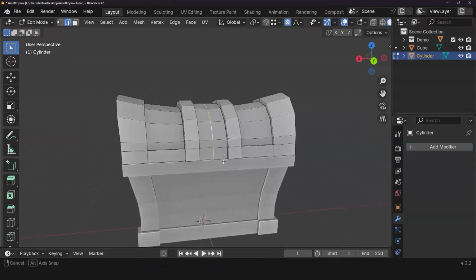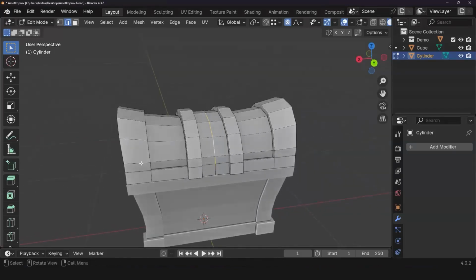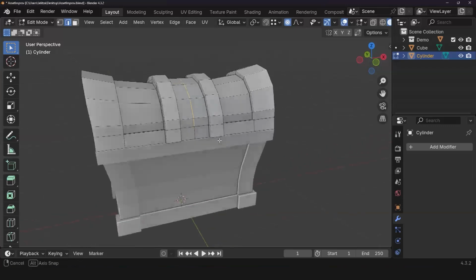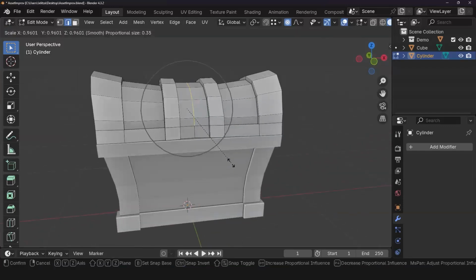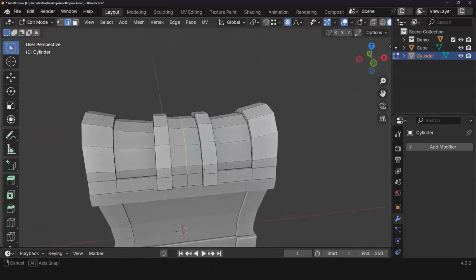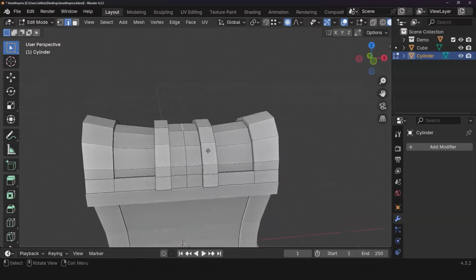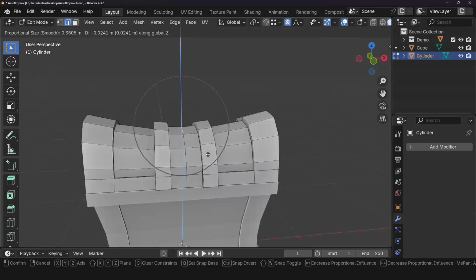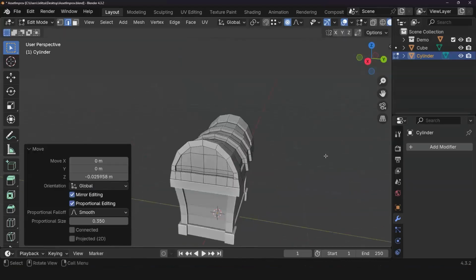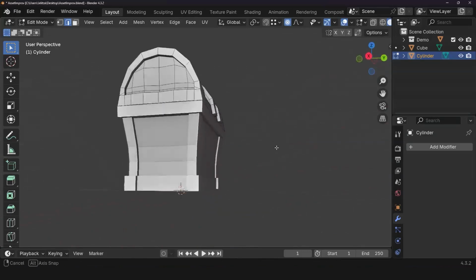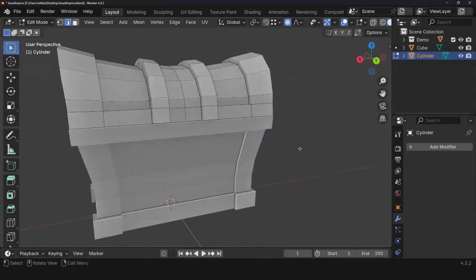Actually, no, I'm just kidding. Not select that. S to scale. Nope. Or how about I just select the top? G, Z, and there we go. Oh, she's looking fabulous. Right?